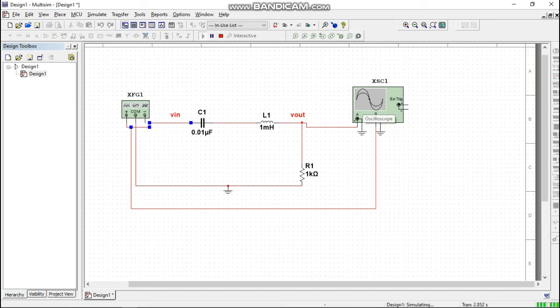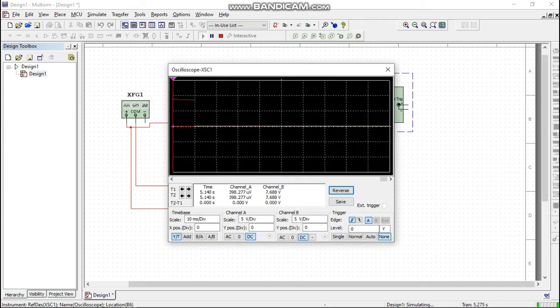For the output, start the simulation, click the green button or press the F5 key. Now you will see a wave running, and that is the output of the band pass filter. If you want clarity of the wave, then set the scale position, XY position, and change the level of voltage to 1, and the X position of channel A and channel B. Now you will see how the clarity of the wave is shown.